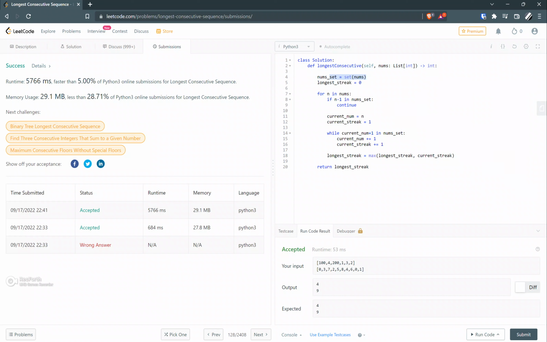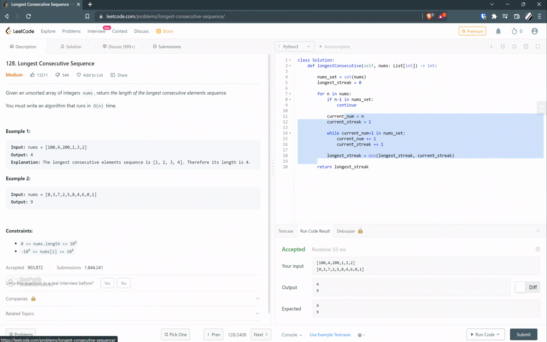र यसैलाई चाहिँ अर्डर अफ एन सोल्युसनमा गर्दाखेरि चाहिँ के गर्न मिल्छ भने चाहिँ हामीले एउटा टाइम कम्प्लेक्सिटीलाई इम्प्रुभ गर्नलाई स्पेस कम्प्लेक्सिटीलाई कम्प्रोमाइज गर्दै हामी के गर्न सक्छौँ, एउटा नम्स भन्ने जुन लिस्ट अफ इन्टिजर्स थियो त्यसलाई चाहिँ हामी सेटमा कन्भर्ट गर्छौँ, सो द्याट यो सेटमा भएपछि त्यसको लुकअप अपरेसन चाहिँ हाम्रो कन्स्ट्यान्ट टाइममा हुन्छ। अनि त्यसरी चाहिँ हामी बेटर अल्गोरिदम लेख्न सक्छौँ। सो फोर एन इन नम्स हामी के गर्दैछौँ भनेपछि चेक गर्दैछौँ नम -1 चाहिँ नम सेटमा छ कि छैन। यदि छ भनेपछि हामी के गर्छौँ, त्यो नम्बरलाई चाहिँ स्किप गर्छौँ, भन्नाले यो अपरेसन